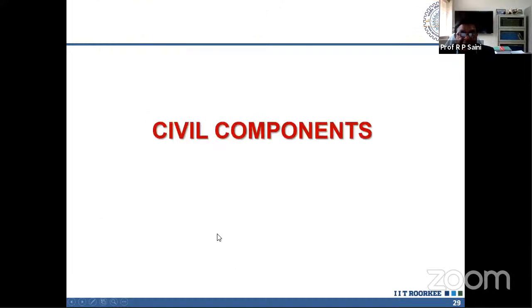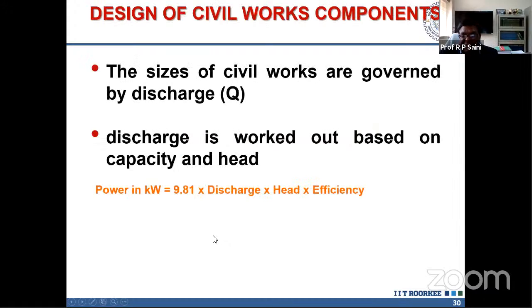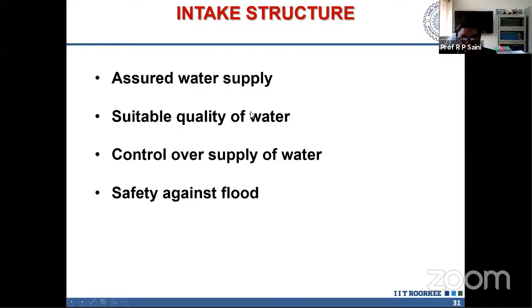So under civil work, I just give the thumb rule. It's again civil engineering that you have to design; you have to consider all the losses and other things for each type of component. In the civil works, the capacity totally depends upon the discharge. So you take the design discharge as the basis, and then you have to calculate the size of the components.